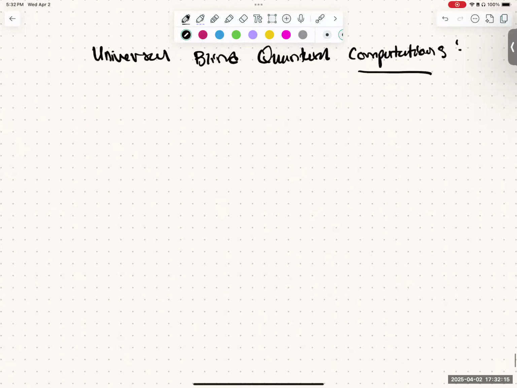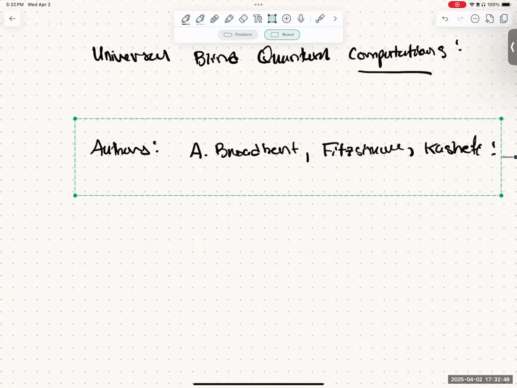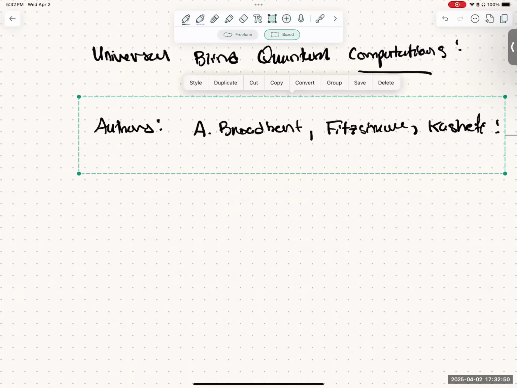I'm going to be talking about a paper by this name with the original authors: Broadbent, Fitzsimons, with a Z, and Kashefi. Anne is part of the Ottawa group, and so she, Anne Broadbent,